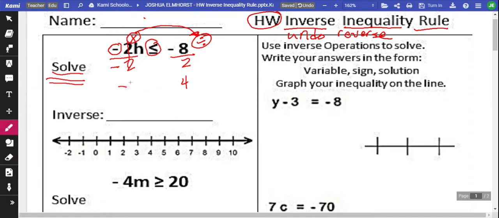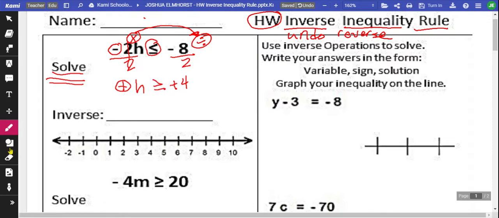So basically, if we have negative h is less than or equal to -4, 8 divided by 2 is 4. What we're going to do is, because we have this negative variable over here, we're going to flip, make this a positive, then this becomes positive on the other side, and then our inequality symbol